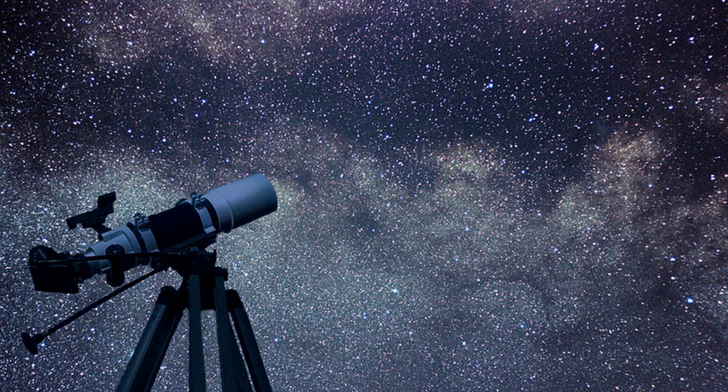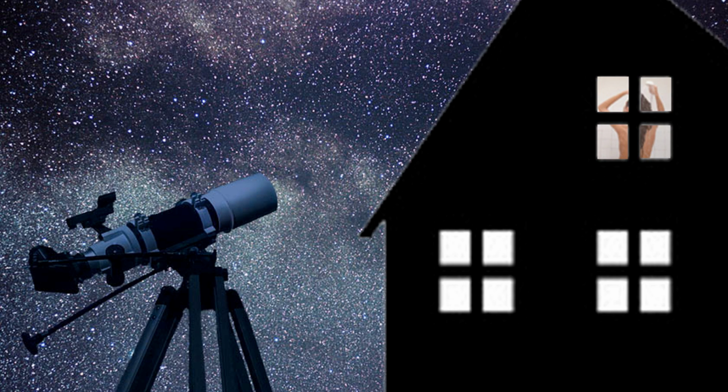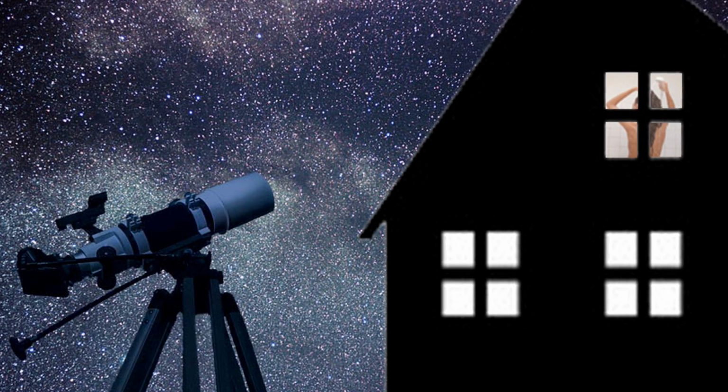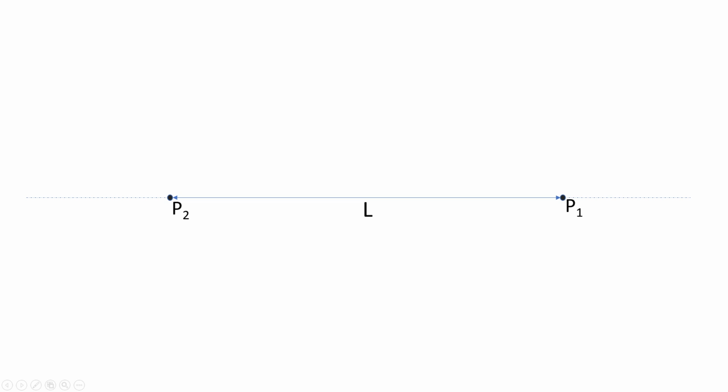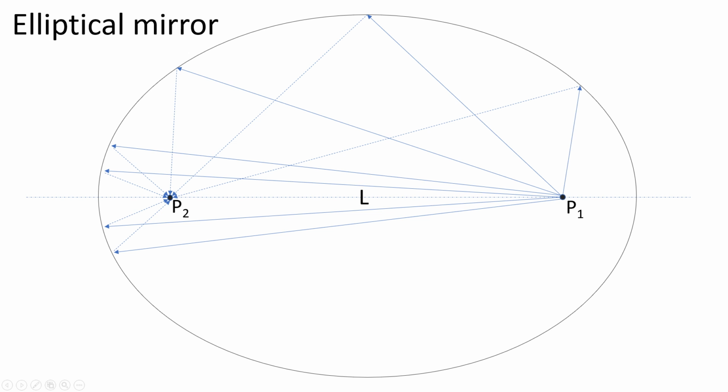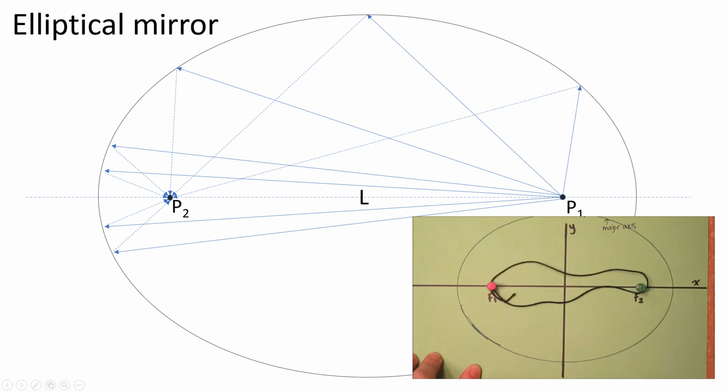But let's take a step back. So what if you're not looking at an object very, very far away, but instead at an object at a smaller distance? What's the ideal mirror shape then? So let's assume we have 2 points and we want to collect the light coming from point 1 into point 2. So if we reconstruct the total reflective surface required for this, the basic mirror shape is in fact an ellipse. And in this case, the total distance traveled for each ray is also identical.